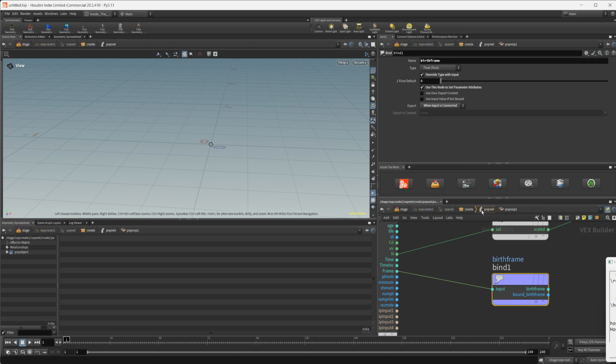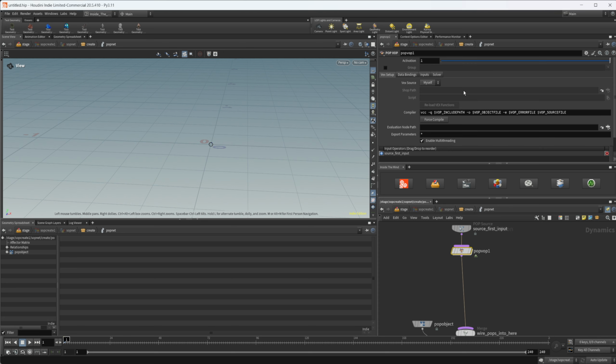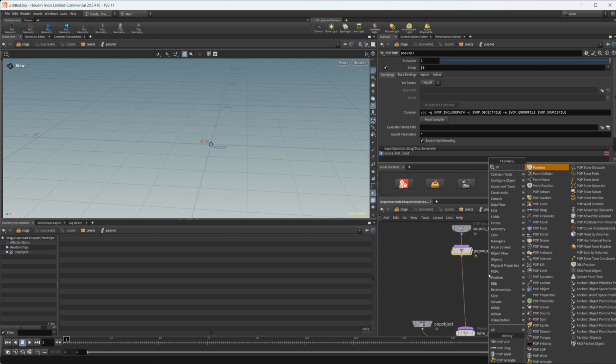So let's bump up here. And we also want to enable this group here. We're going to call this JB, for just born. That's the group that we created before. You can just select it in there. And then we also want to add in a pop wrangle,